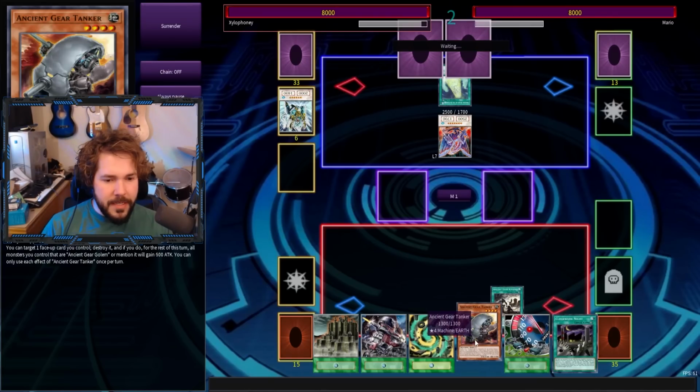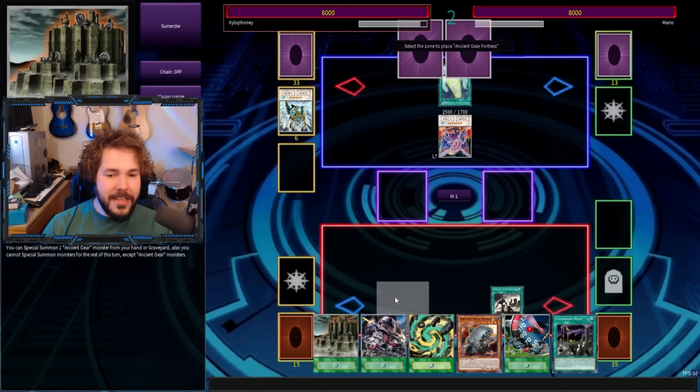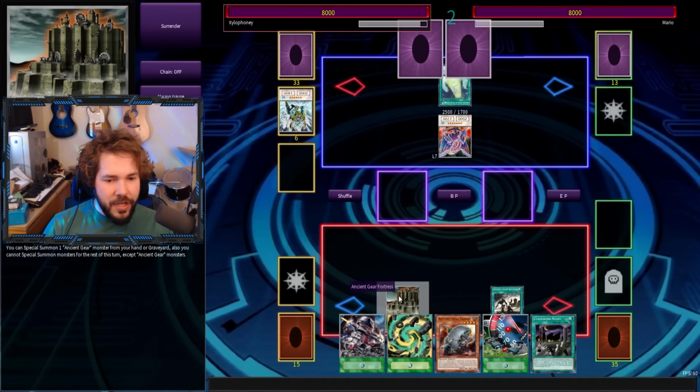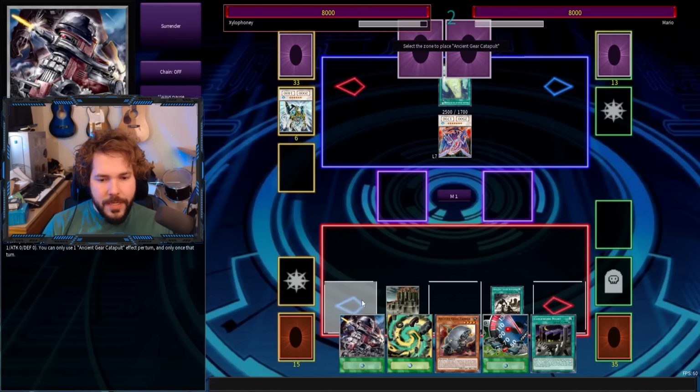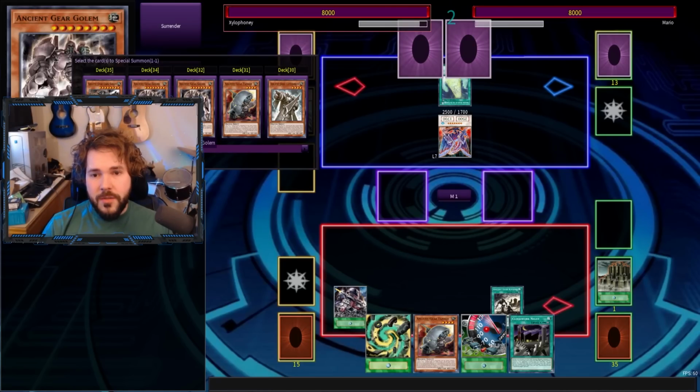Just to give me something, since I have Ancient Gear Tanker, which lets me summon any Ancient Gear monster from my hand. Unfortunately, he's the only Ancient Gear monster in my hand, so let's do our best to get something else going. Ancient Gear Fortress comes out, and we'll use Ancient Gear Catapult. Lovely little combo to be able to, 1, special summon. Yeah! We're going to go into...